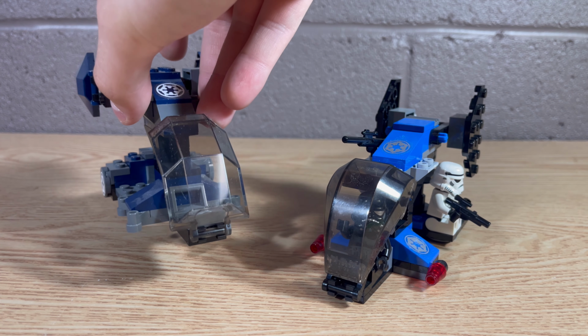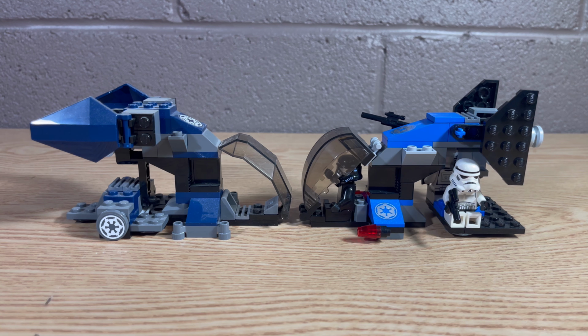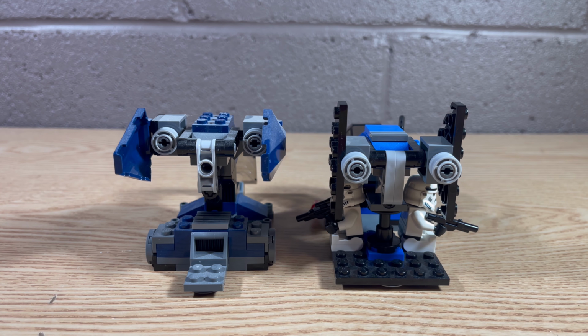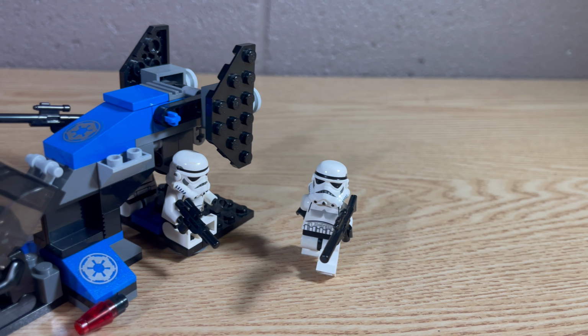Now this set actually was remade in 2019 and upgraded as part of the LEGO Star Wars 20th anniversary sets, and I do have to say that set definitely did resemble the dropship from The Force Unleashed a lot better than the older one did, although it just doesn't have the classic feel that this one has. I mean, don't get me wrong, it looks very good, just in my opinion I prefer the classic one